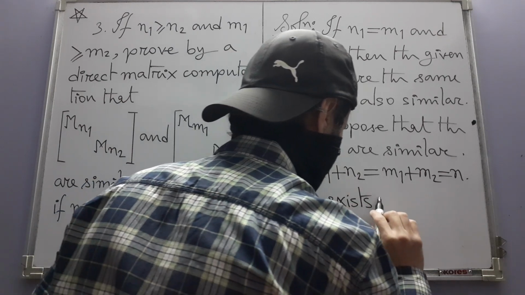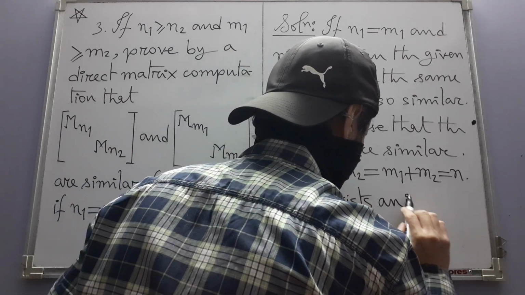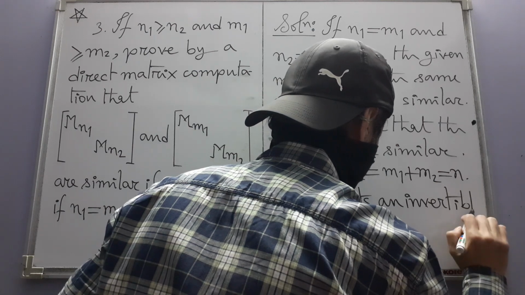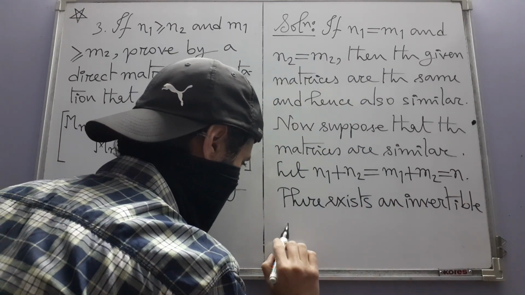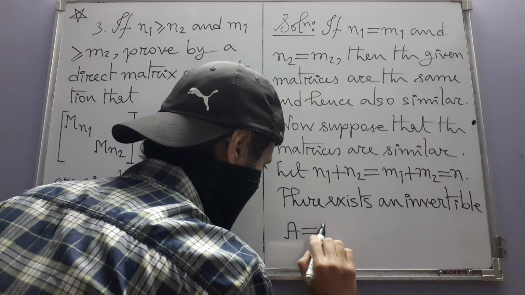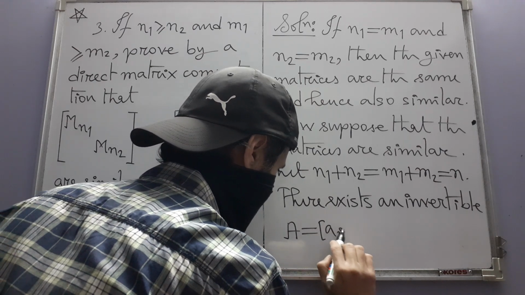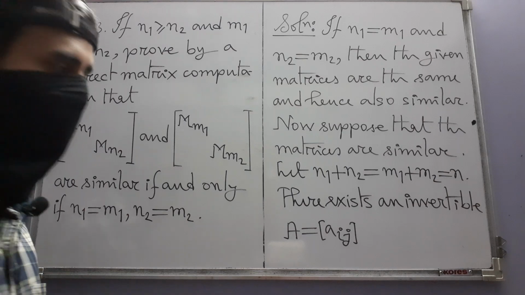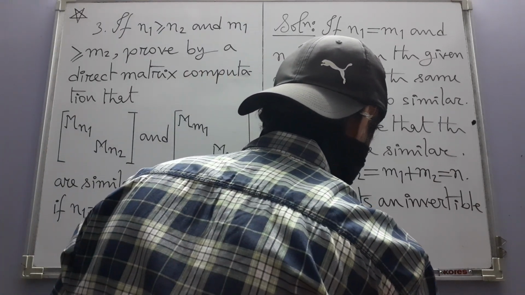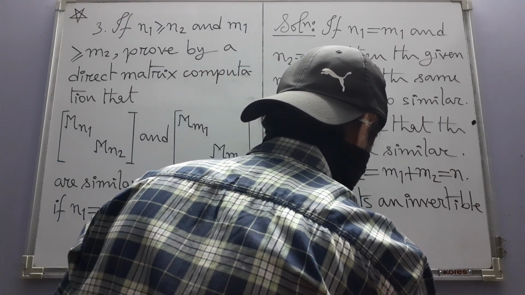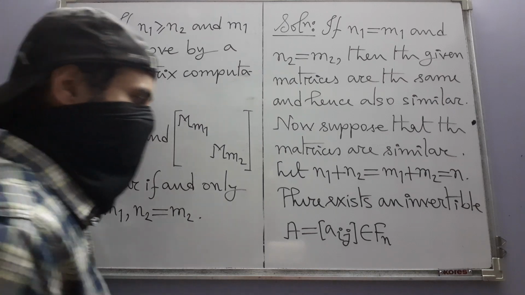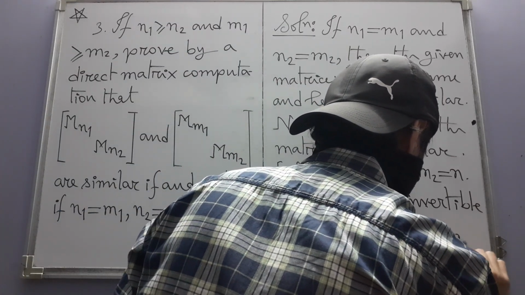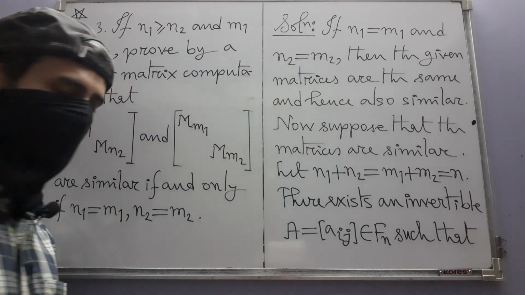There exists an invertible matrix A, say its ith row, jth column element Ai,j, in the algebra of n by n matrices Fn, such that